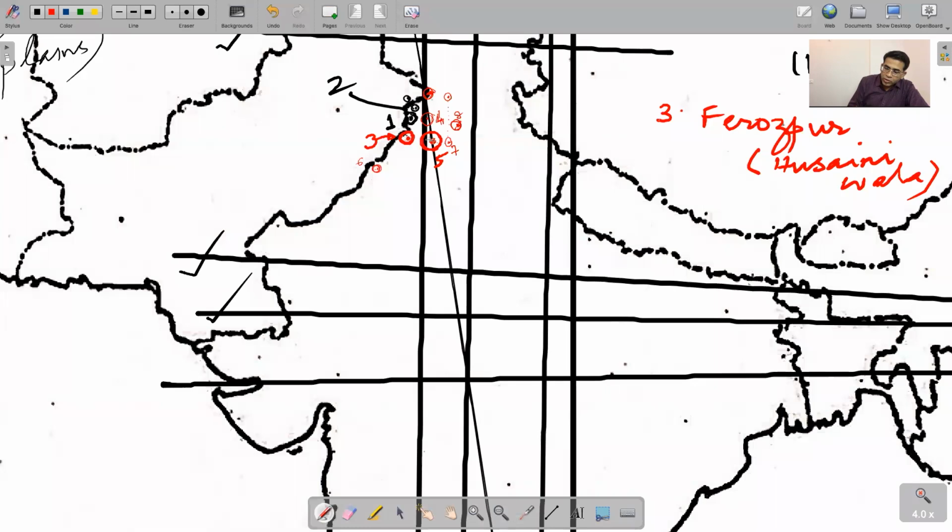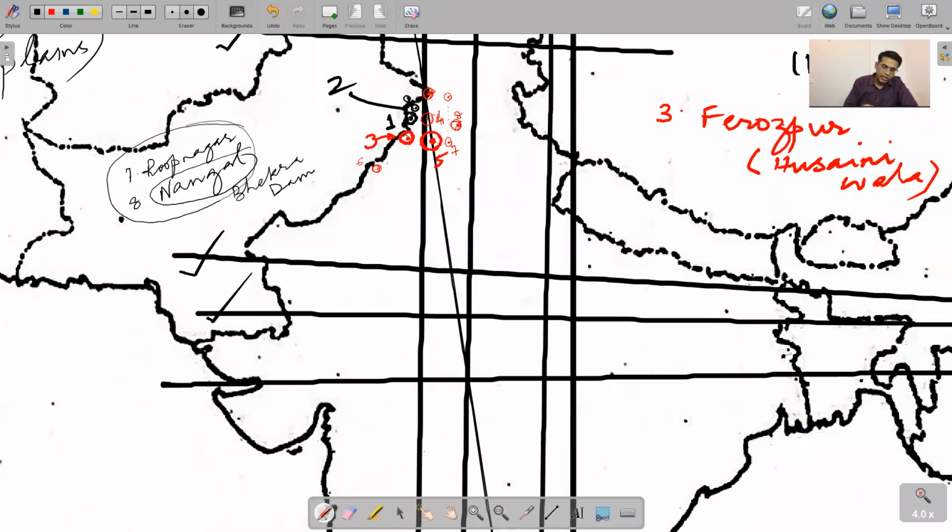So this is Ferozpur, this is Ludhiana. From Ludhiana, move eastwards below Dharamshala. Okay, this is Roopnagar. Roopnagar is in Punjab. From Roopnagar, if you move northeastwards here, and if you remember, this was more or less Shimla. This 8 is Nangal. So number 7 is Roopnagar and 8 is Nangal. Nangal is where you have the Bhakra Dam. Roopnagar, Nangal, this entire area, more or less, is the Bhakra Dam project. It's a pretty big project over a large area with a very large lake.